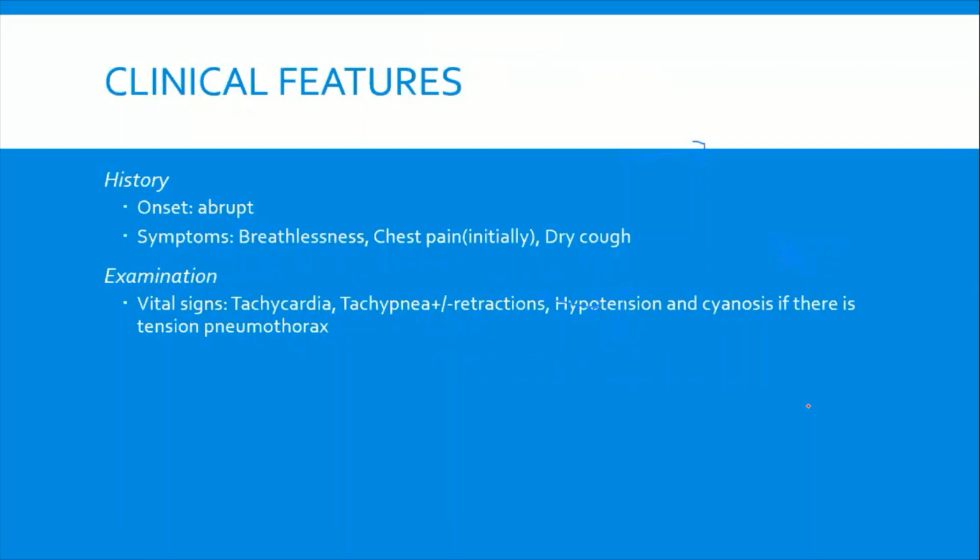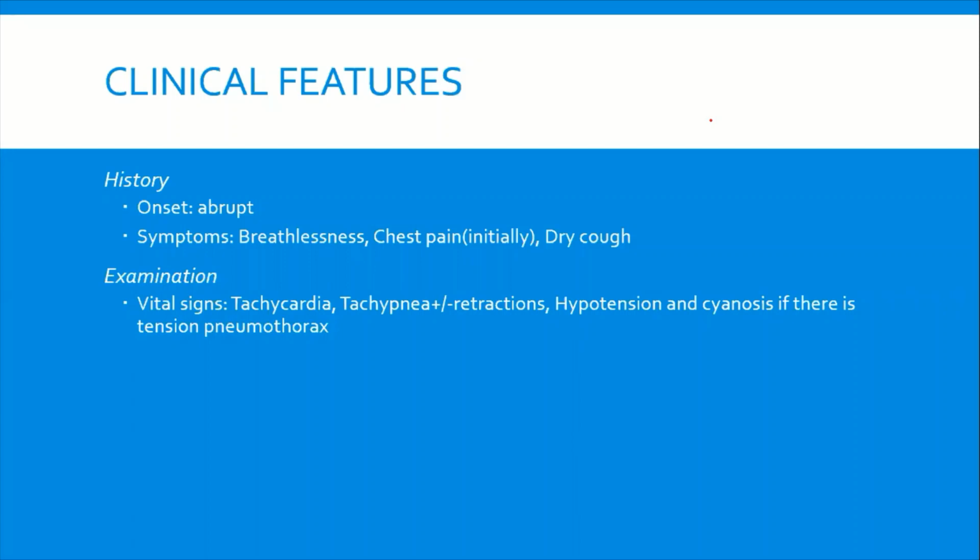See, this child is going to have tachypnea, tachycardia. That is a given, isn't it so? You are going to look specifically for hypotension and cyanosis, because those are the signs of tension pneumothorax. And if those signs are going to be present, then what are you going to do? You will be very quick in your management and try to remove the tension in the intrathoracic area.